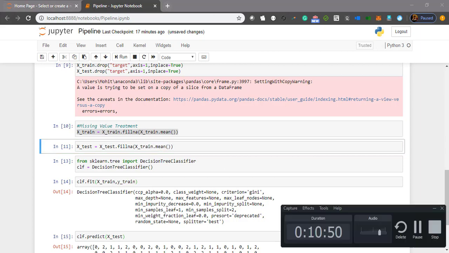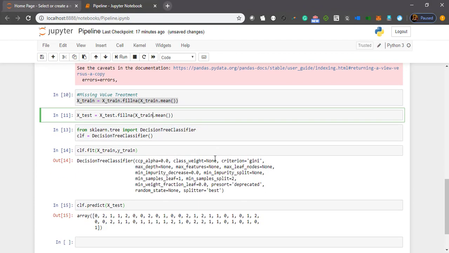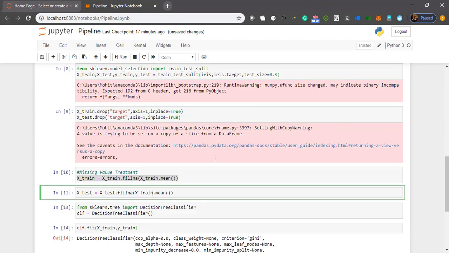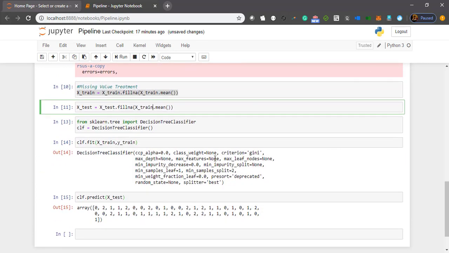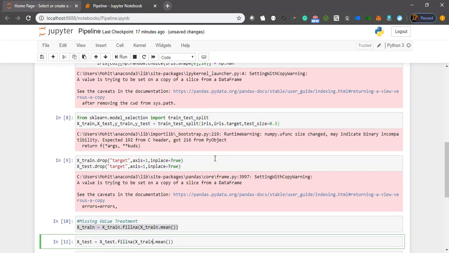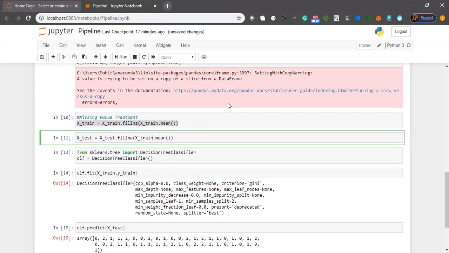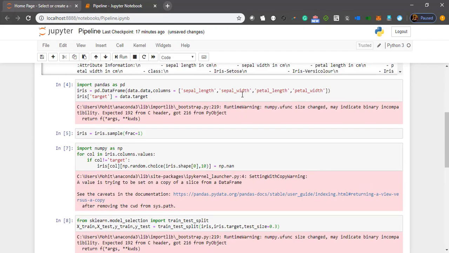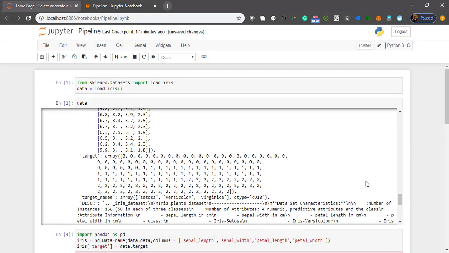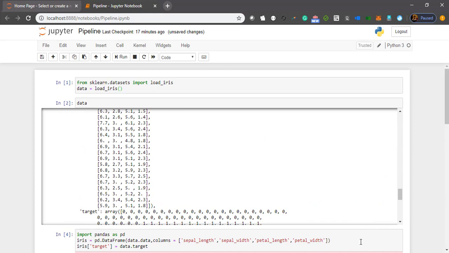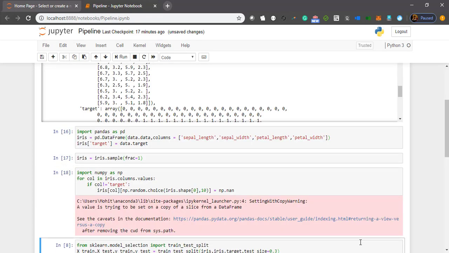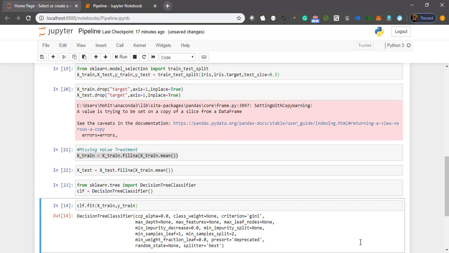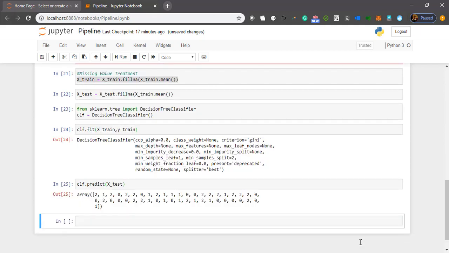So this is a small step, that's why we can run it again. In order to build the correct model, I'll have to rerun everything. Let's rerun and see how it looks. So this was a small mistake and the data set is small, so we could go back and correct it,